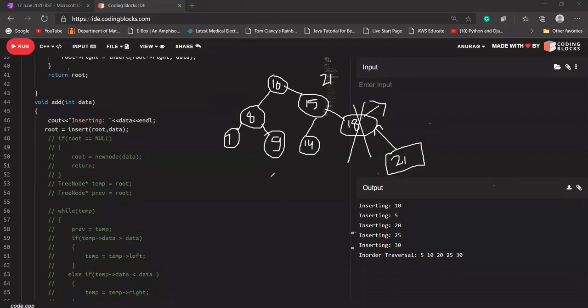So let's say I'm going to use my in order successor here. How am I going to get the address of that in order successor? Let's say I want to know the in order successor for this node, 10. First, I'm going to go into its right part, and then I'll go into its left part, left part, left part. Let's say it is 13 here.